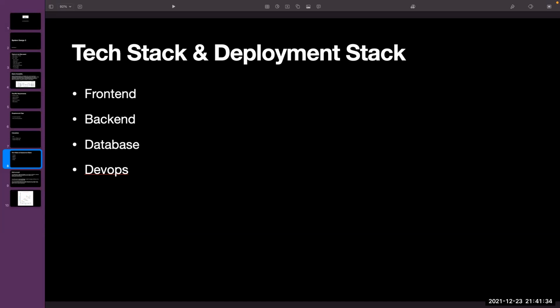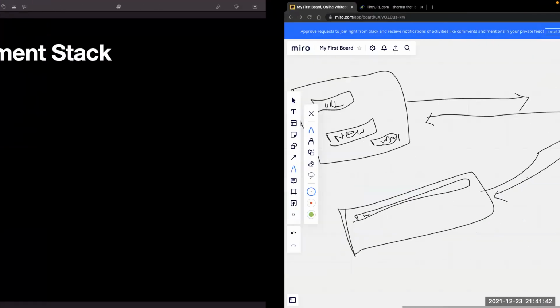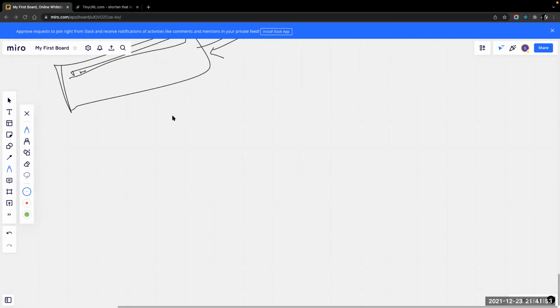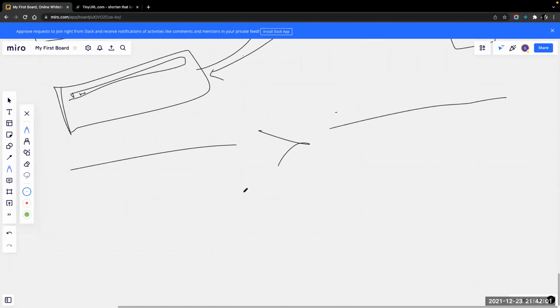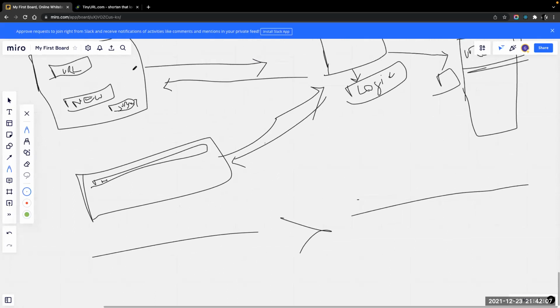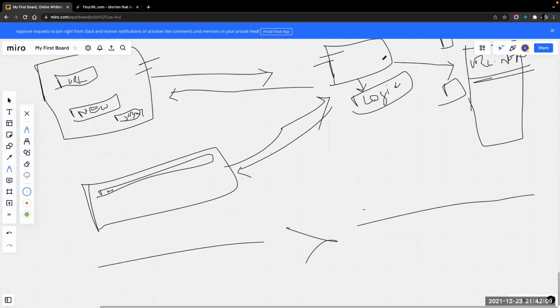Okay. Thank you, guys. So the next one is the tech stack and deployment stack that we're going to see. Now we know the complete picture, how this complete product is working. Now we will go to the developers' part, the developers' role. Developers are the people who are going to develop this complete project. Whatever we have developed here is developed by the developers. The server is developed by the developers, and the database is developed by the developers.